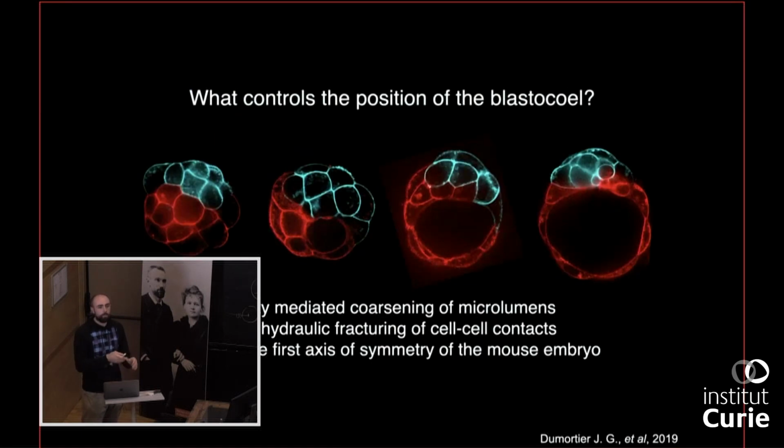And because we know that both of them, both adhesion and contractility, can position the lumen, but we did not find any evidence for a pattern of adhesion, but we did find a pattern of contractility. We think that this is what drives the positioning of the first lumen, and then the positioning of the first axis of symmetry. We think it's mediated by contractility. And so at the moment now we are looking into the fine cellular events which would lead to the positioning of the lumen. And we have identified some processes which are called blebs, which are mediated by actomyosin contractility, which could be involved in the positioning of the lumen. But I'm not talking about this today.